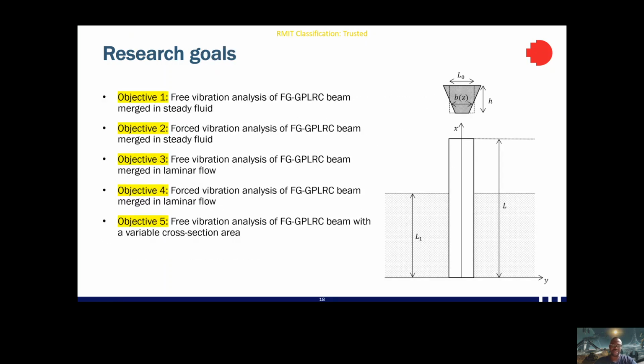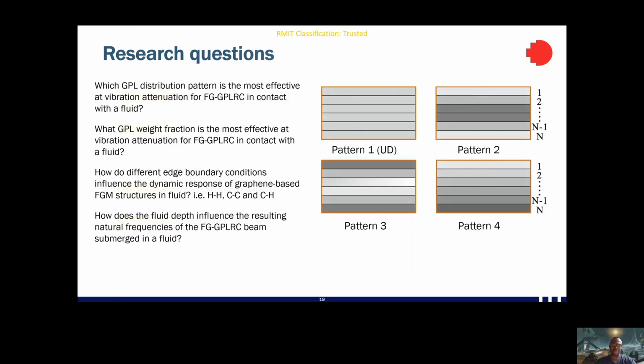The research goals I'll be looking at will be oriented towards determining the dynamic behaviors of these beams submerged in a fluid. Specifically, I'll be analyzing the free and forced vibration, as well as the impact response of functionally graded beams, both in steady and laminar flows. The last goal will be aimed at analyzing the effect of a variable cross-section of a beam on its dynamic characteristics. And so the research questions I'll be pursuing are determining which distribution pattern is the most effective